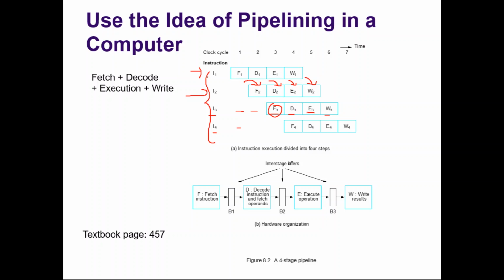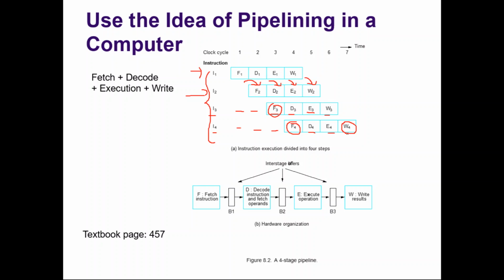fetch unit is with instruction 1. During the second clock cycle, fetch unit is with instruction 2. During the third clock cycle, fetch unit is with instruction 3. During the fourth clock cycle, fetch unit is free, so it can be used to fetch the fourth instruction. Then it is decoded during the fifth clock cycle. It's executed during the sixth clock cycle, and the result is returned to the register or memory during the seventh